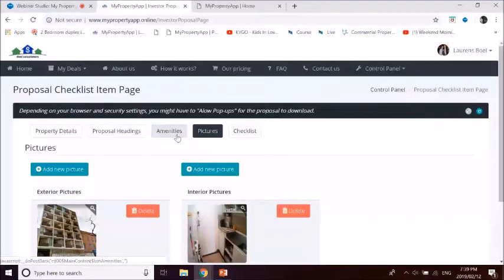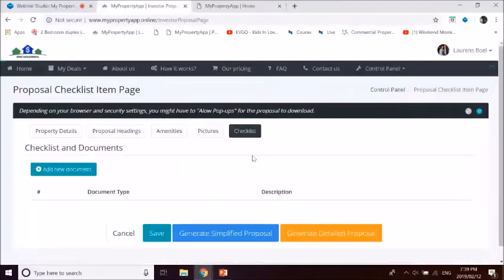Okay, so the question is, other than the short and long proposals, what other flexibility do you have? So currently we don't have anything else other than the short and long proposal. I would be interested to hear from the person who asked that question, what kind of other proposals would be useful?